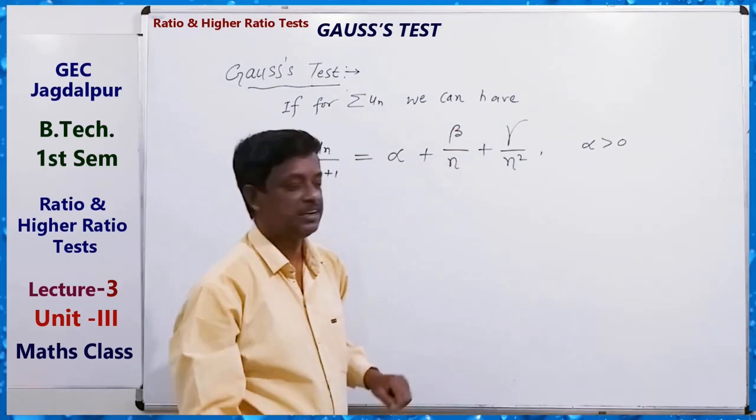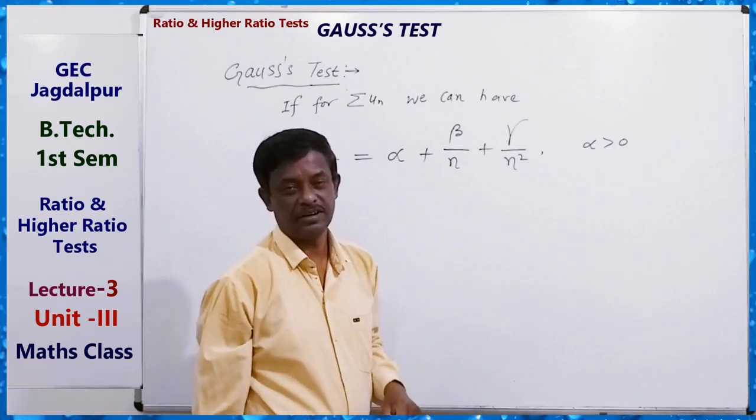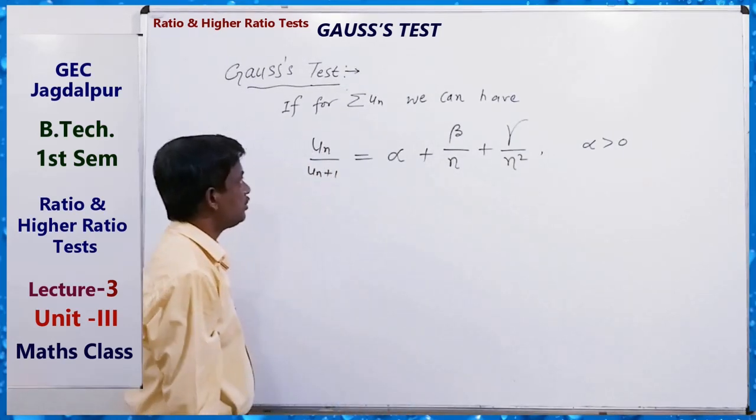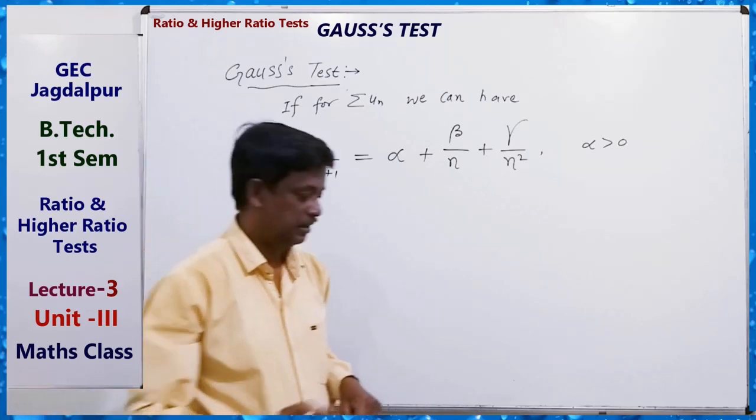Just here we see that n is in the denominator. If we can have it like this, then